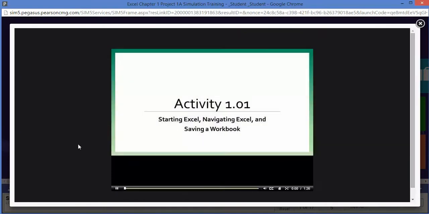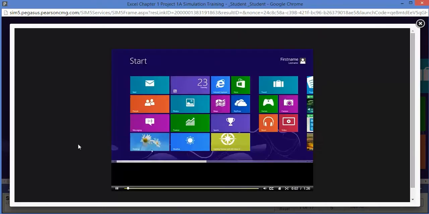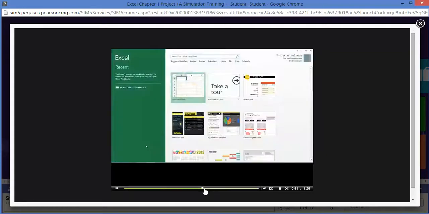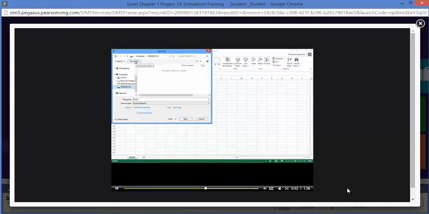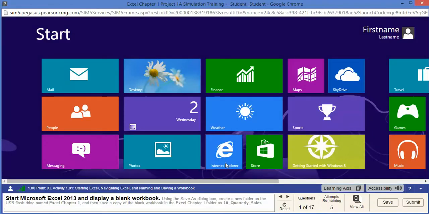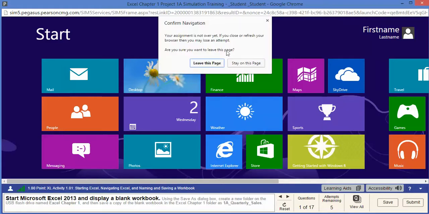If you go to Watch, if you listen, it's telling you kind of what to do. To start Excel, on the Windows 8 Start screen, type Excel 2013 and then press Enter. The box, click New Folder. And here, it's pretty much telling you step by step what you need to do. And that's important because when you come out here and take these simulation tests,